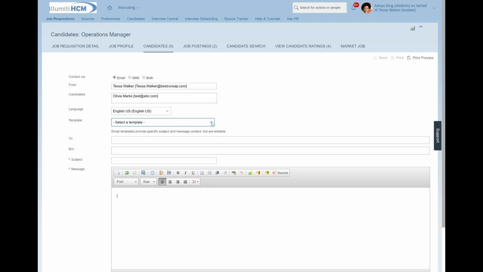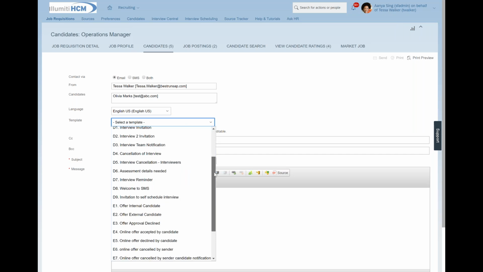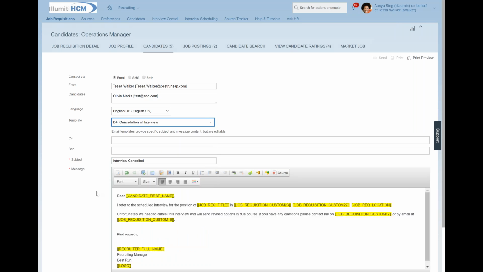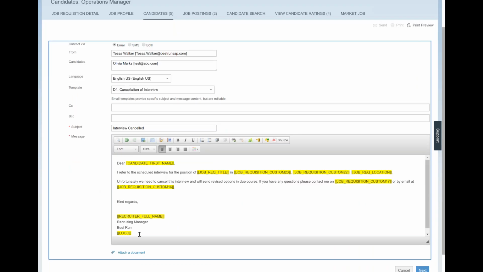or I could choose from a template. And many of these come delivered with the system. You of course have the ability to create your own and to personalize them. So if I'm canceling an interview, perhaps someone needs to reschedule the hiring manager, you can see the template pulls up the text automatically.